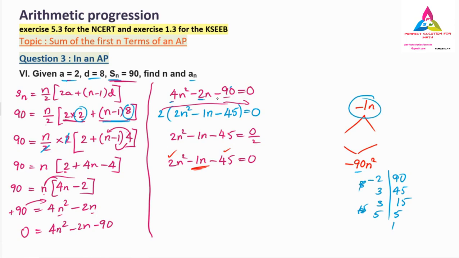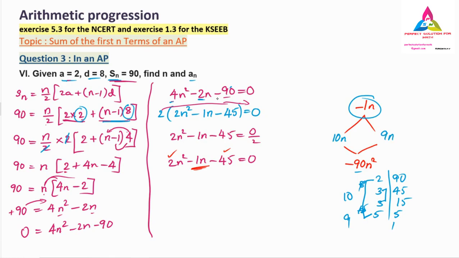So what we will do, this 2 and 5 will multiply: 2 5s are 10. 3 and 3 will multiply, that is 9. Now you see, if you subtract or add you will get a minus 1. If you multiply, 10 9s are 90, but when you subtract, 10 minus 9, we get 1. So these are the two things: one is 10n, and one more is 9n.